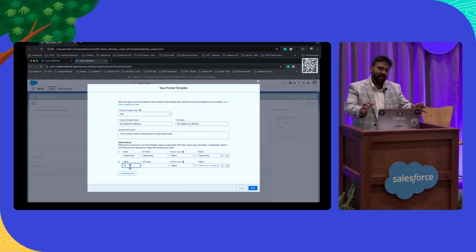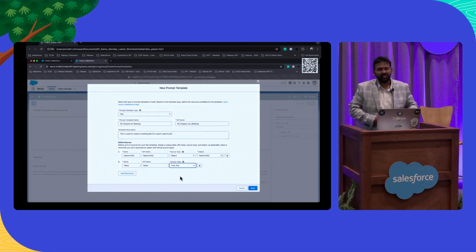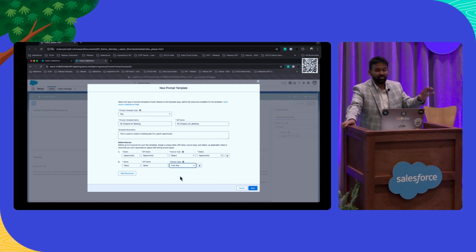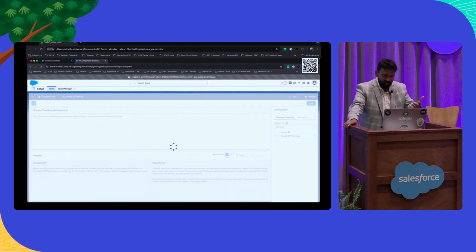I'm also going to add in another text field. I'm calling it news, and it's going to be free-form text. This I've added in here. This is going to be a placeholder. This variable is going to get populated using another flow that will go out to the internet, grab the top 10 news articles for a particular account, and bring that back. So that information that comes back can now be ingested into your prompt that is going to be sent over to the large language model. So we're able to use that construct of flows in this as well.